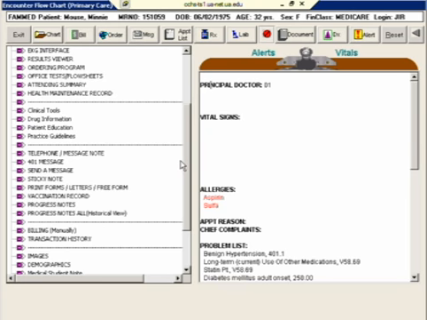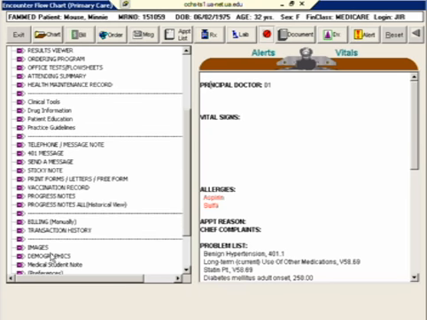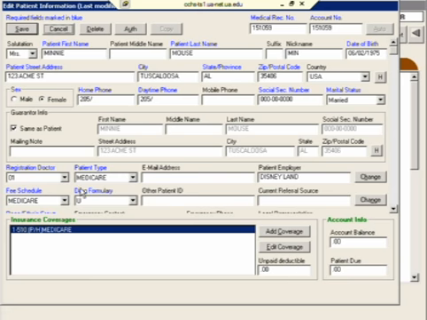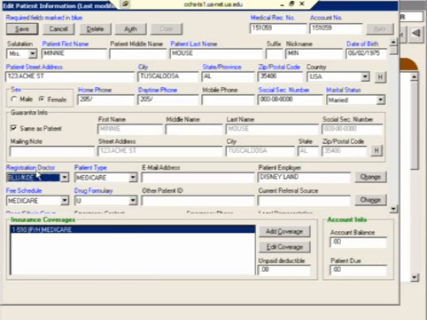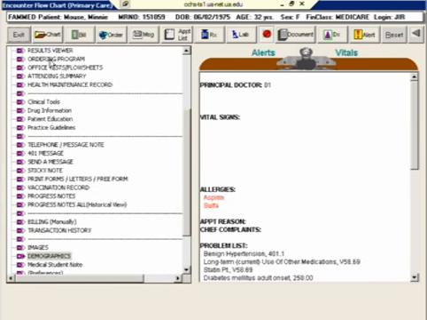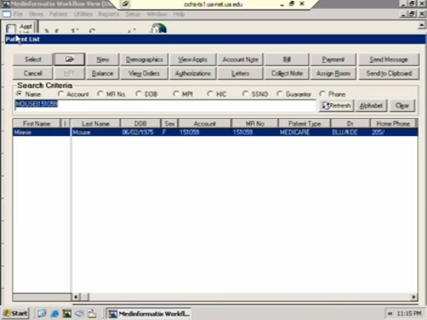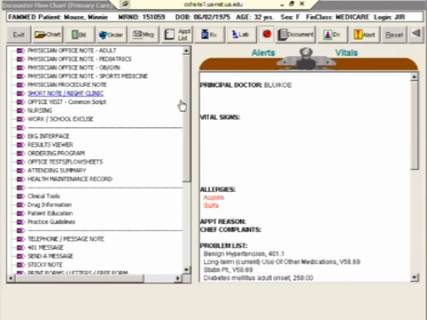At the top here on the actual page, you see principal doctor, and if somebody doesn't have a doctor assigned, for some reason by default it says 01. So let's change this on Minnie. You'll never have to actually assign a doctor to somebody, but I don't want to say 01. I want you to see that they can be assigned to actual people. And so let's assign Minnie to Dr. Co. Save that. Doesn't show up, we'll exit out and then open her up again. And now she's assigned to the